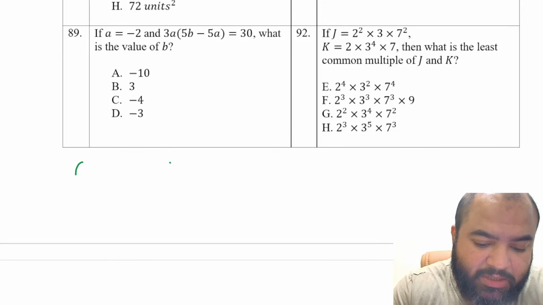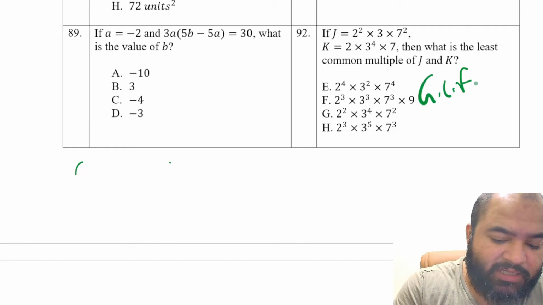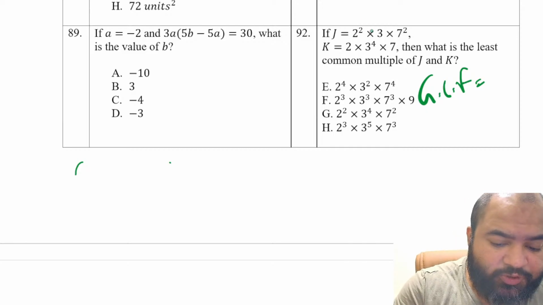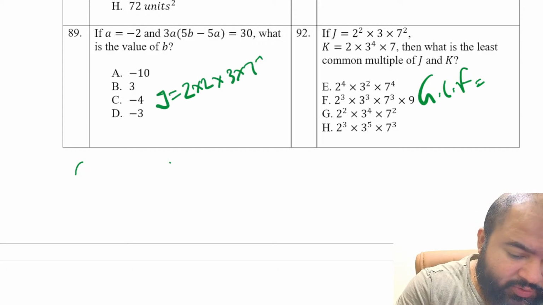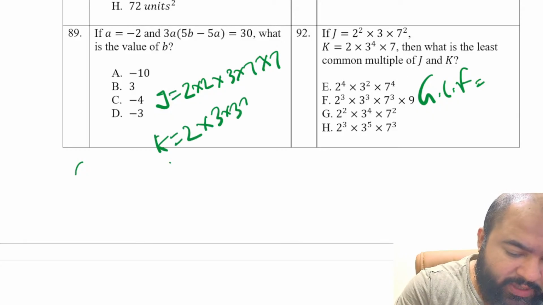Well, let me tell you. Let's learn how to find GCF first, okay? LCM we're going to do after. So how many 2's do you have on top here? Let me expand it. I have two 2's, one 3, and two 7's, right? The bottom, I have K is equal to one 2, four 3's,